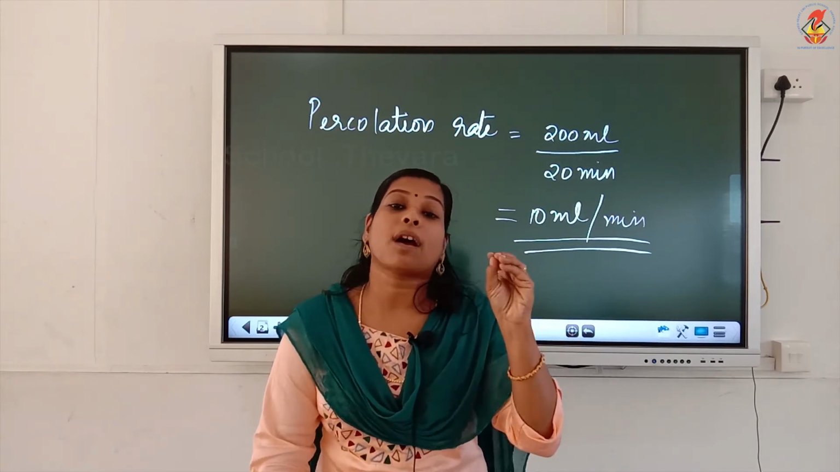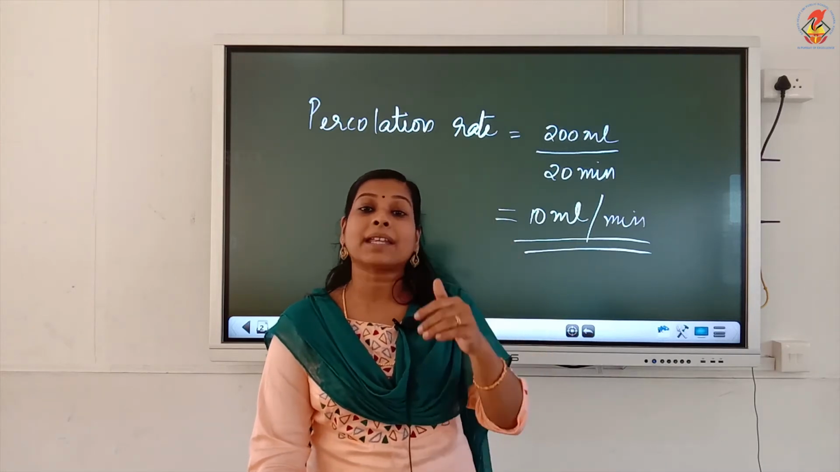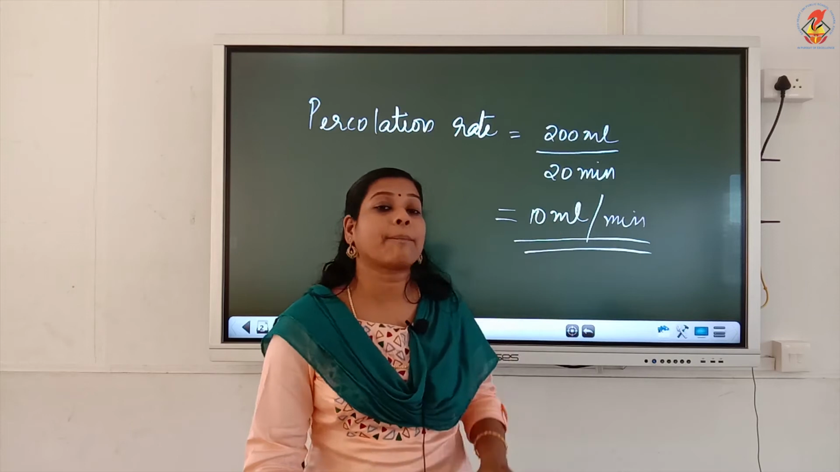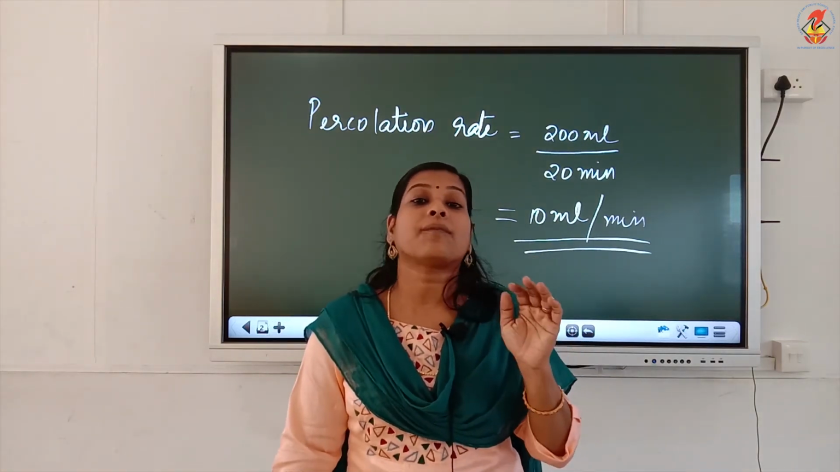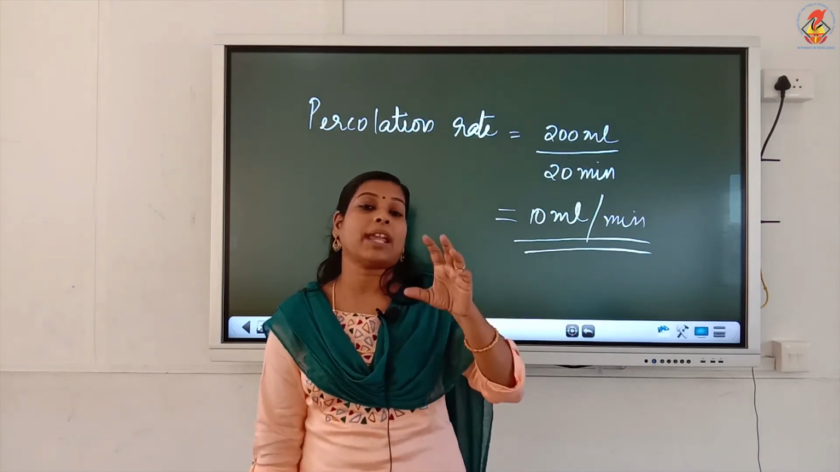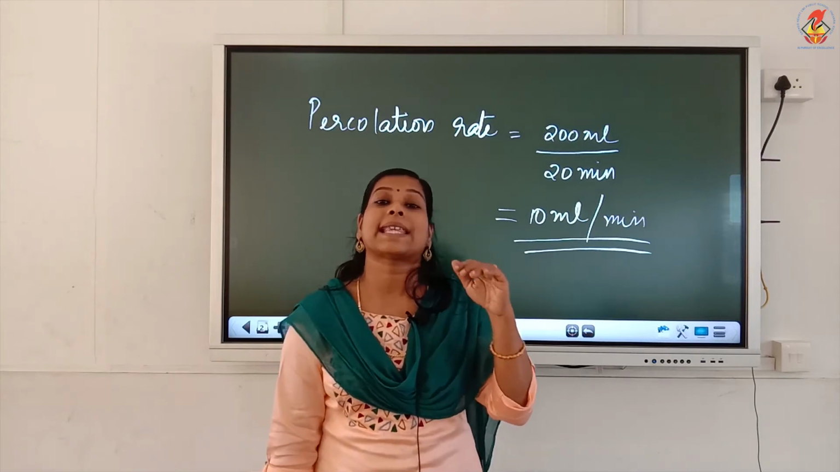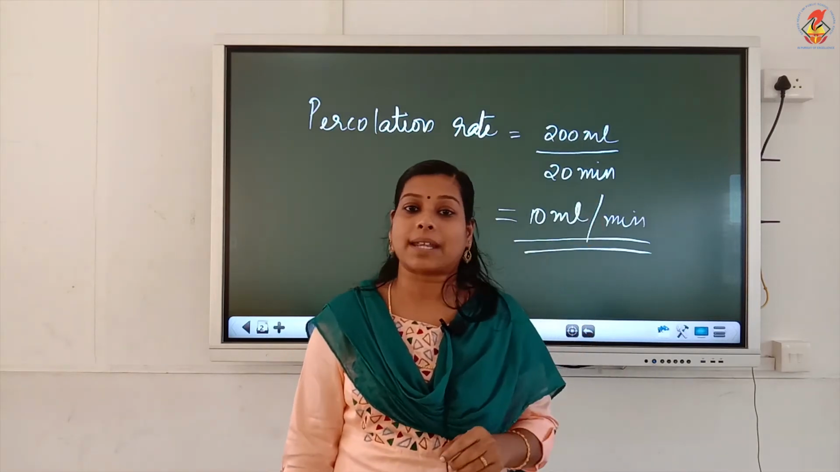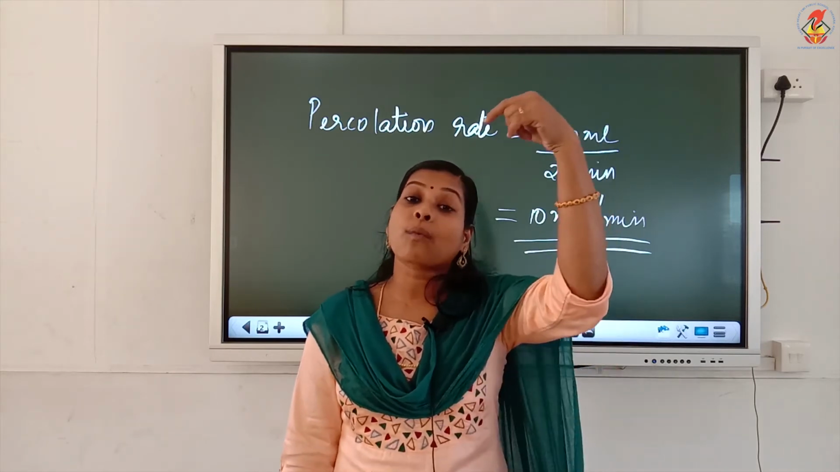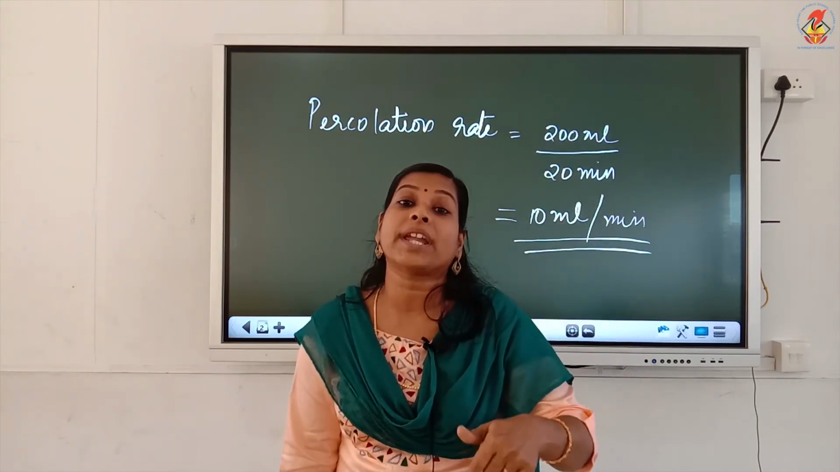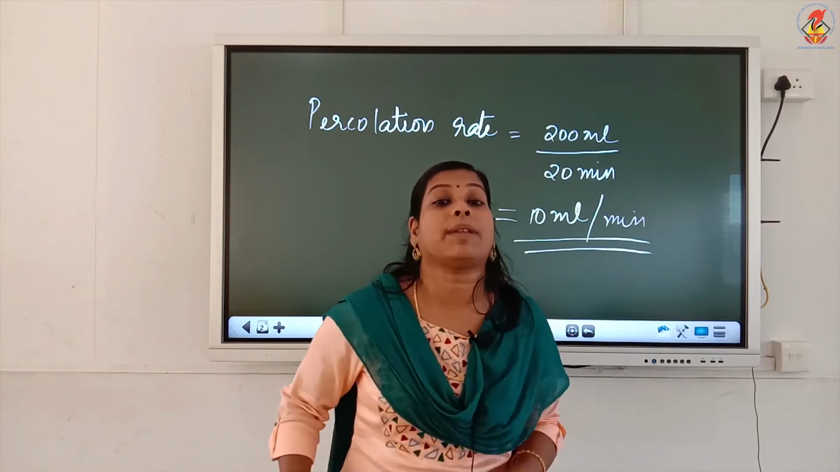Within a given period of time, how much water is going down, and that ratio is the percolation rate of a soil. And that percolation rate will vary depending upon the materials present in the soil. We have seen that in sandy soil there are bigger sized particles, so there are more gaps. So more water will go down within a given time period, so the percolation rate will be more for